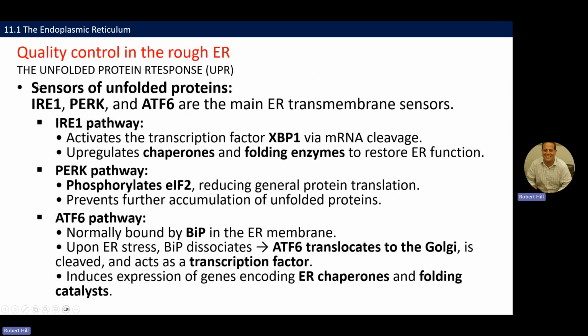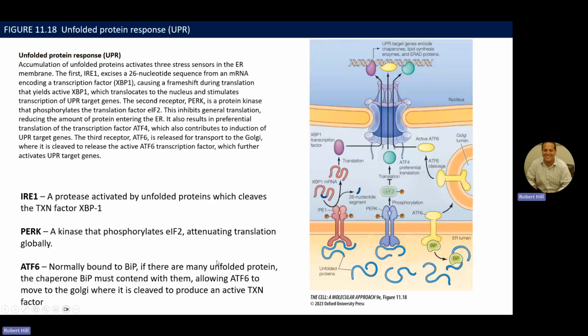So what if you get a buildup of unfolded proteins, how does the cell want to respond to that? Think about it. What are some things that the cell would want to do if too many proteins are accumulating in the lumen of the ER that are incorrectly folded or unfolded? So ultimately, you want to change the transcription that's occurring in the nucleus, right, to maybe increase transcription of chaperones